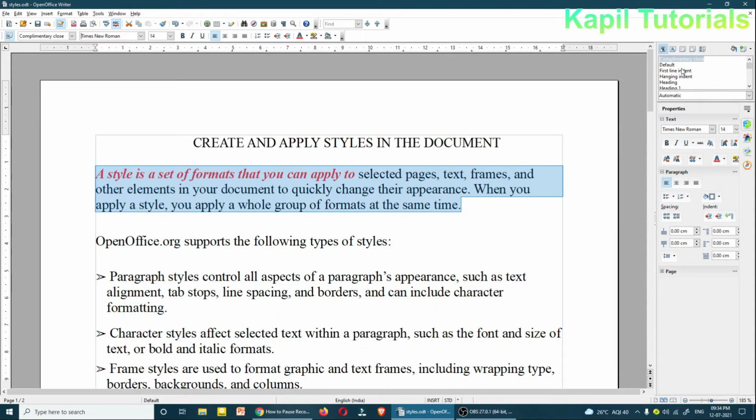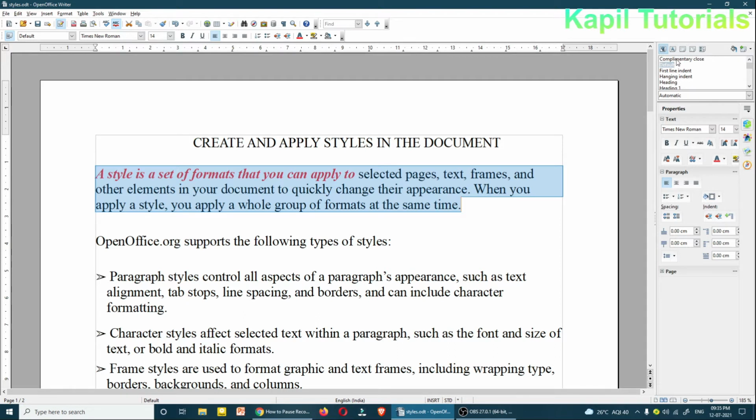Suppose I want to change the style of this text. Now here I'll click on Default, and then let's see, I want to select this complementary paragraph style.